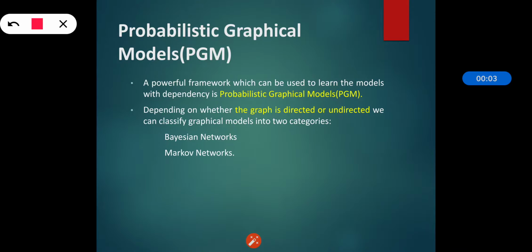So in this section we will see the probabilistic graphical model, which is also called PGM. A lot of common problems in machine learning involve the classification of isolated data points, which are independent of each other. For example, given an image, we have to predict whether it contains a cat or a dog, or given an image of a handwritten character, we have to predict whether it is 0 or 9. At such times, these isolated data points which are independent of each other create the problem.